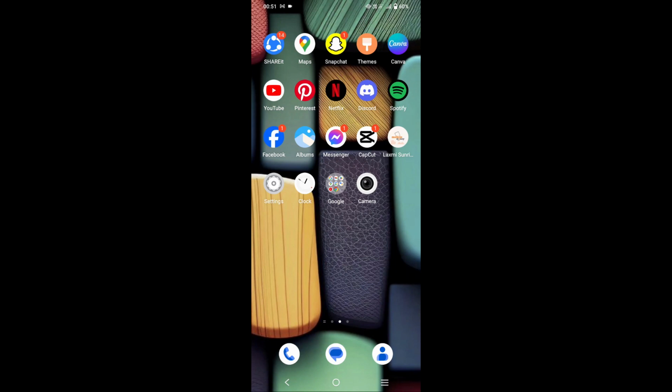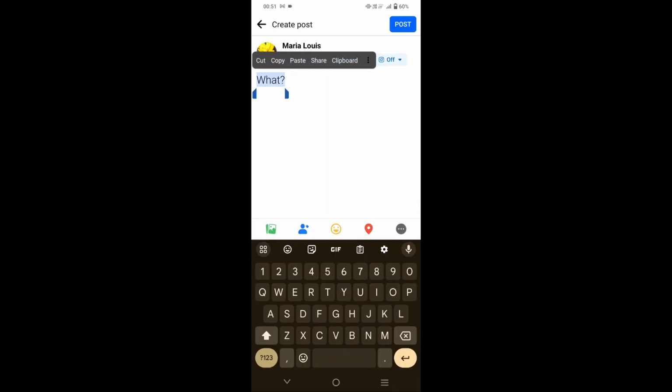In today's video, I'll show you how to find the clipboard on Android. Clipboard normally saves a log of anything that you have copied, whether it is text or images. If I select this text and tap on copy, then it will tell me that it has been